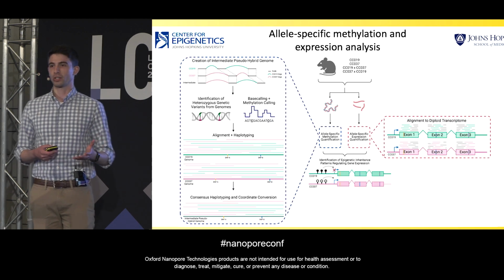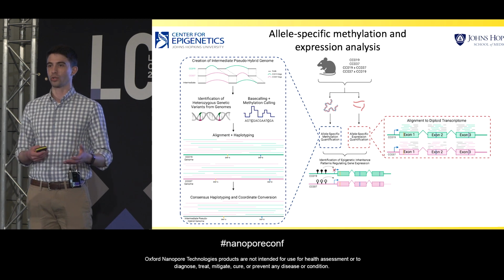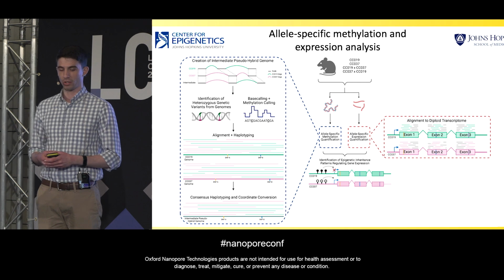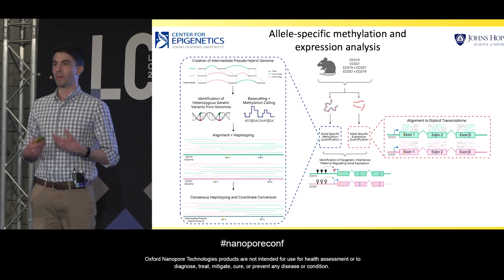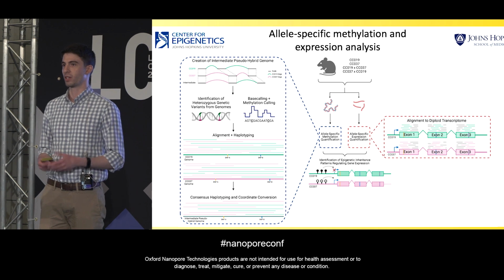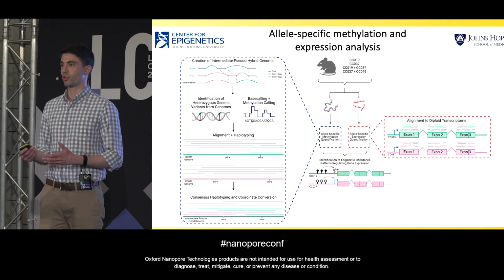So as a direct consequence of this experimental design, the analysis of this data will necessitate an interstrain and allele-specific methylation comparison. In order to properly perform this comparison, we designed our own novel computational pipeline, loosely based around the traditional WhatsHap phasing approach. Our main goal with the design of this pipeline was to avoid the introduction of reference biases, which our lab, as well as others, have shown can be incredibly detrimental to these sorts of interstrain and